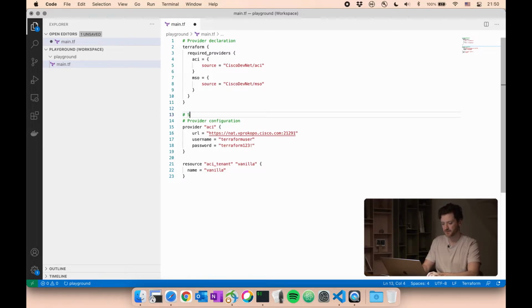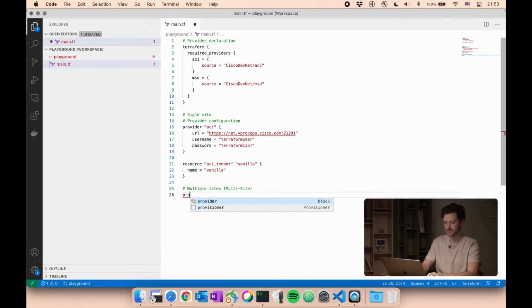So here let's put a comment: this was a single site, and here we start with multiple sites. In Cisco's terminology, this is multi-site. So we have declared the provider. Now we need to configure this provider. So again, similar to ACI, we use provider. This time it's MSO, and then we use the URL, which is going to be